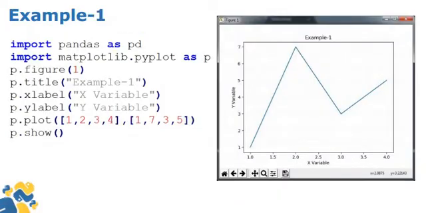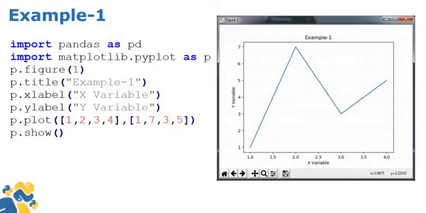Now let us discuss the example in which we are using the pandas module and the matplotlib module. Here we are making a line graph by using matplotlib and pandas.